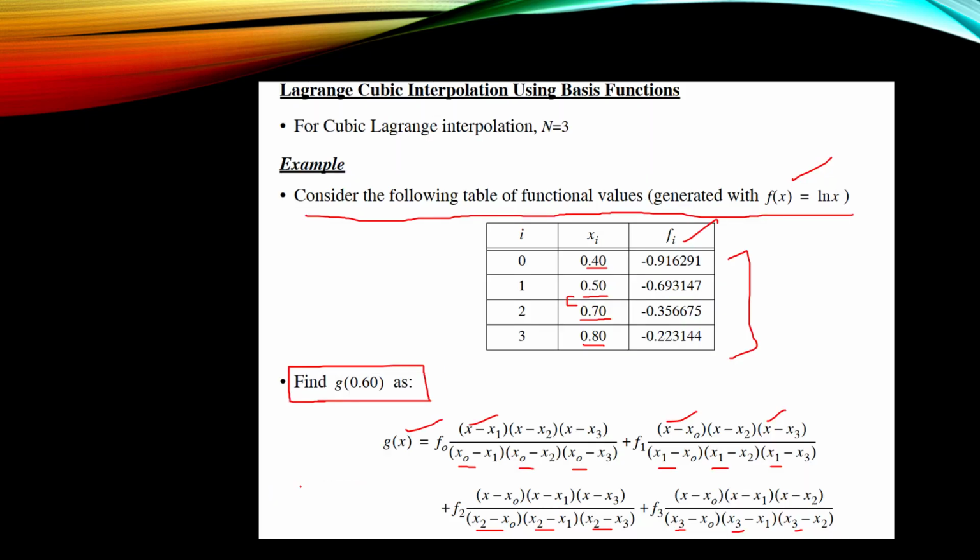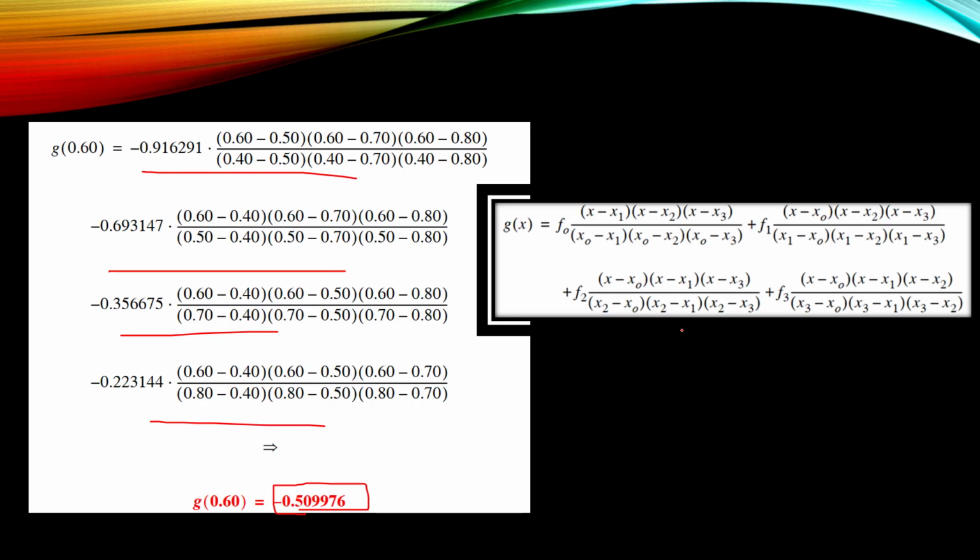So I have shown the equation on the right side for comparison. This is clear for you; there is no need to have a doubt about this. Directly applying the values, and by employing all these values and adding them, you will get the value of g of 0.6 is equal to minus 0.50. It is correct as per our assumption. It is between minus 0.69 as well as minus 0.35. So that's about the second problem, or the last